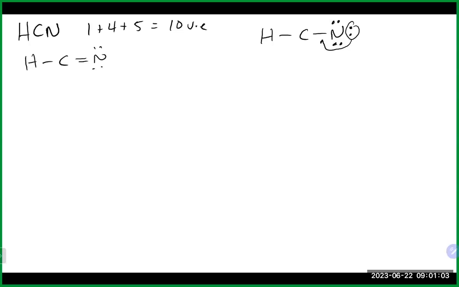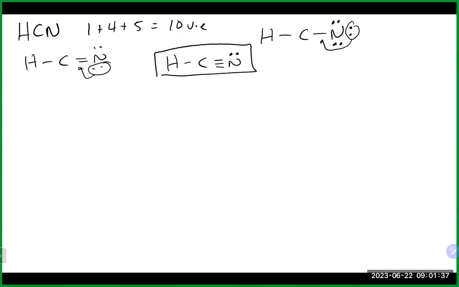Did that fix the problem in this case? It did not. It got carbon a little bit better. It's up to 6, but it still needs to get to 8. So at this point, there's really nowhere else that we can make a double bond. So now we should then proceed to a triple bond. So triple bond works the exact same way. We're going to take those electrons in to do so. So we'll grab a pair of electrons there and bring them in to make the triple bond in this case. And then we will end up with something that looks like this